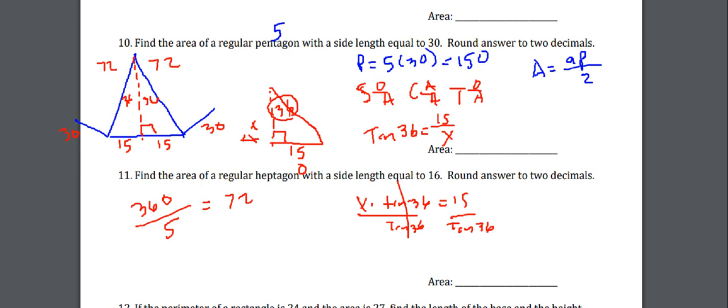And so we get 15 divided by the tangent of 36. This is going to give us the apothem is equal to 20.65, let's say. So we have the apothem, which is this, again, 20.65. The perimeter at the very beginning, remember we said was 150. I take those two and I multiply them together, and then I divide it by 2, and the area is